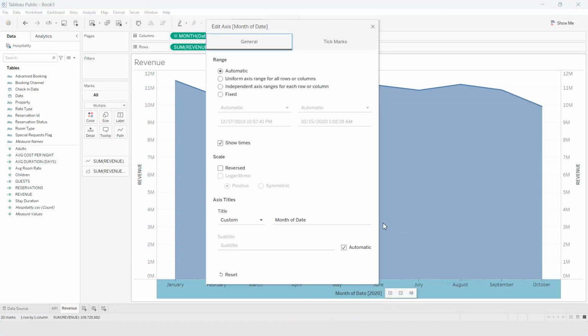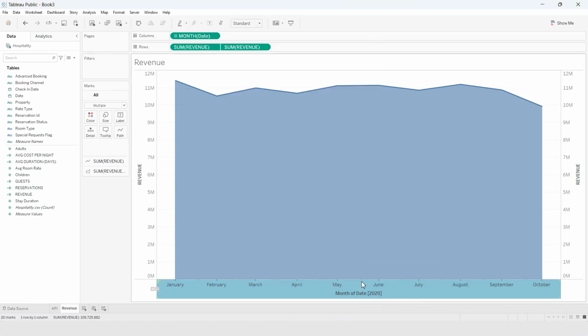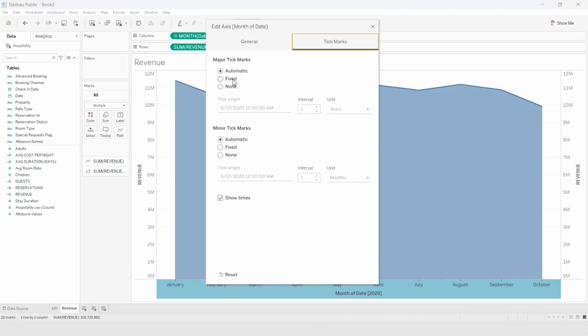To make it like the original quiz, I'm just going to edit the axis. I'm going to go to the tick marks and make it fixed. I will show 2 months. So I'm taking an interval of 2 months,